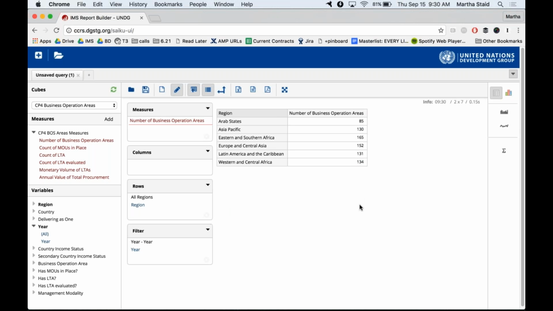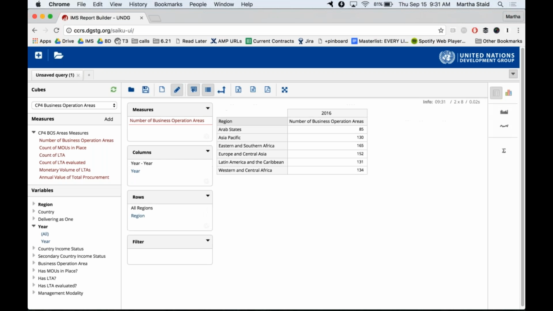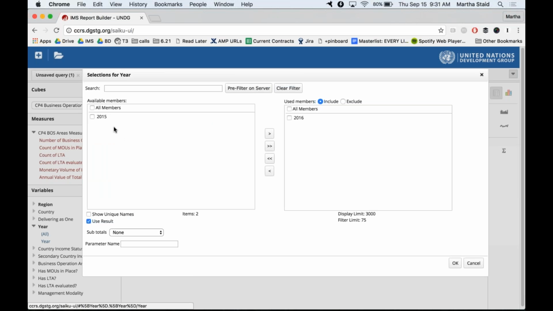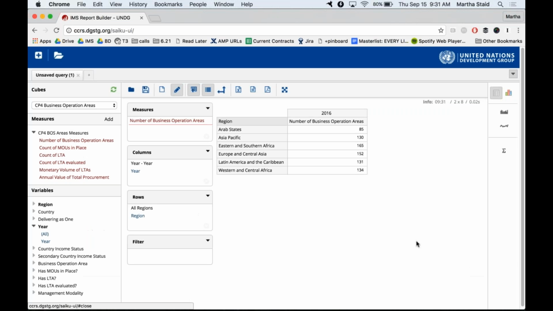This is only the 2016 information, but you don't have to clutter it up with a column called 2016 if you don't want to. What if you would like to limit it to be 2016 and just have a column that does show it? In that case, you could drag year back up to column. It's going to show you 2016, and it's still limited because it's the same variable filter right there that you can use.